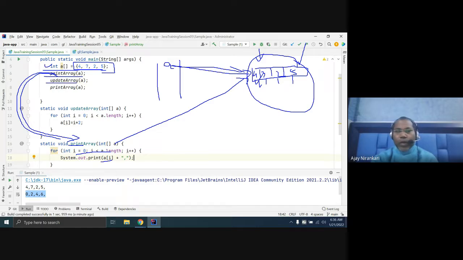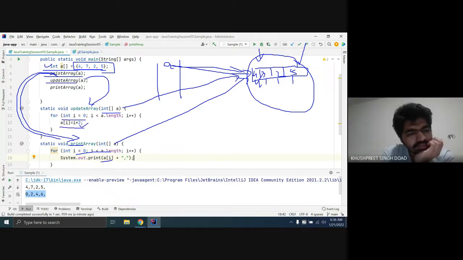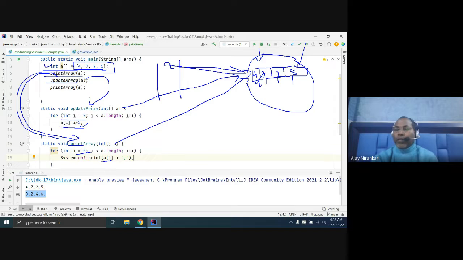After that, the update method also refers to the same array that was created. Here you change the zero position value, 4 multiplied by 0, so this value becomes 0. Then 7 multiplied by 1 is just 7. Similarly the loop goes up to length and multiplies by index, so 2 becomes 4, and 5 becomes 15.